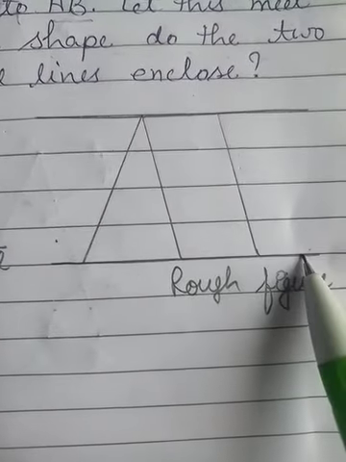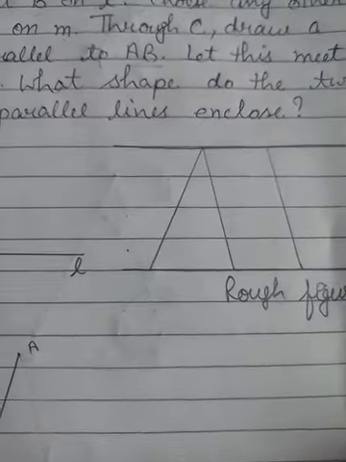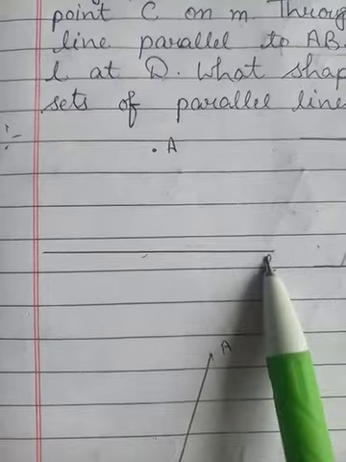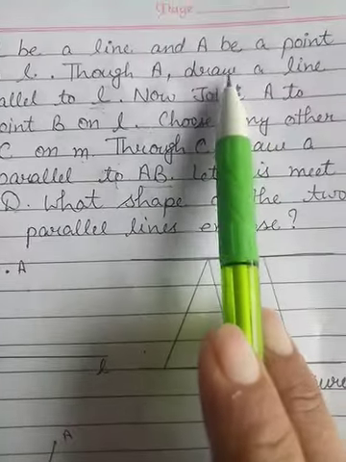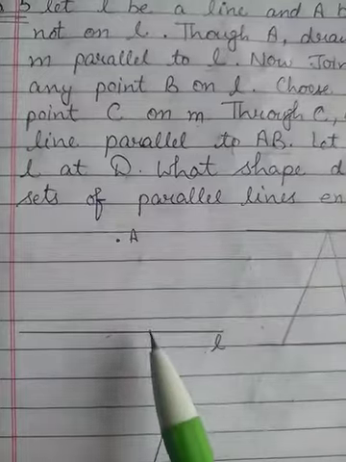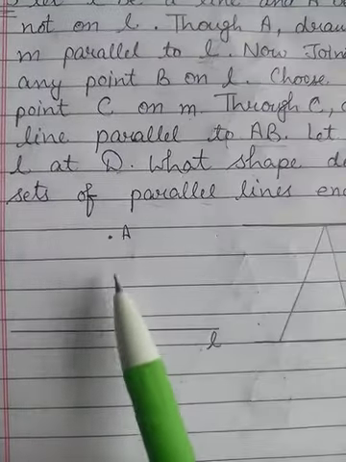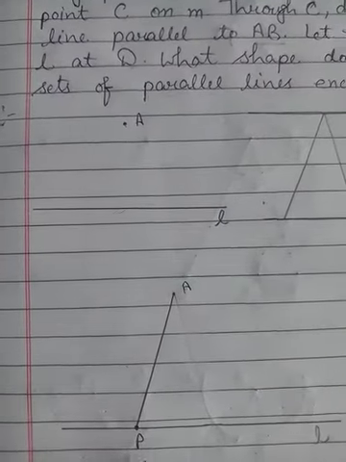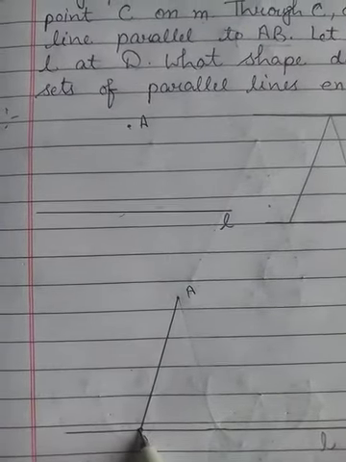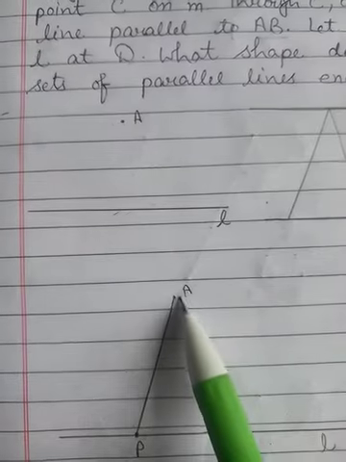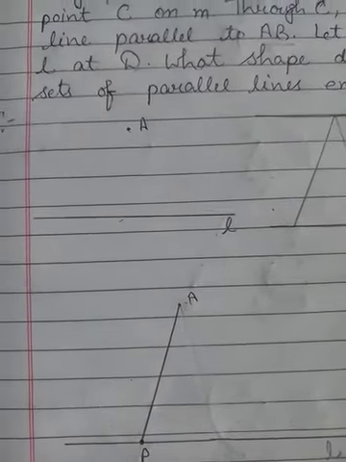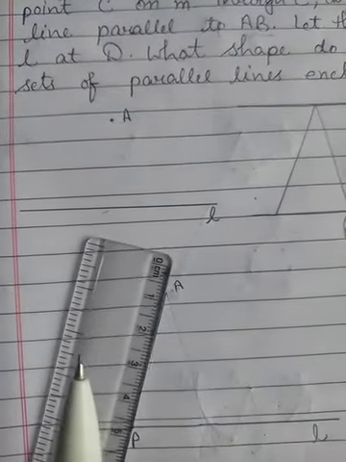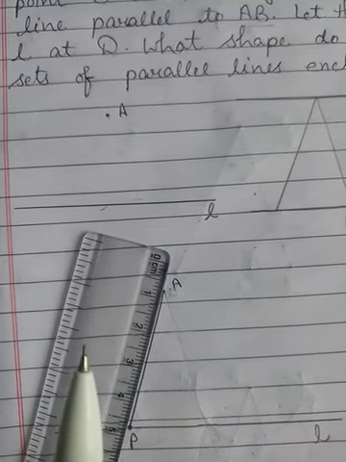Okay, so let's start. Very firstly we need to draw a line that should be L, which is already mentioned in the statement, and we need to take point A not on line L. So I have taken point A above the line L. Now we need to take one more point, which I have taken here as point P on line L. Then we need to join these two points with the help of a scale. We need to draw a straight line with the help of a scale which will join points A and P.